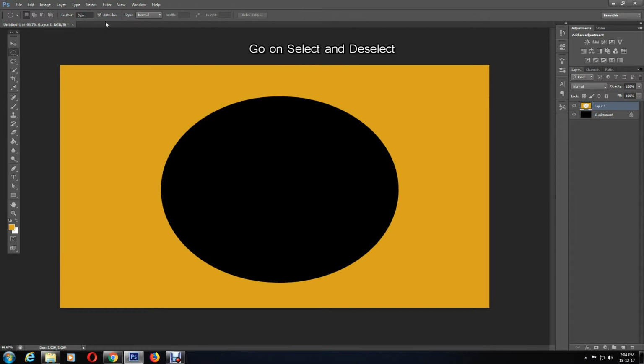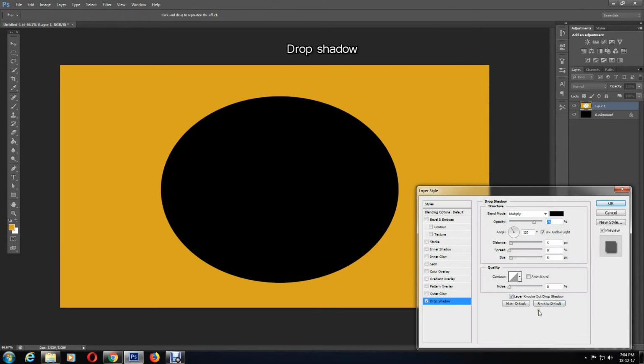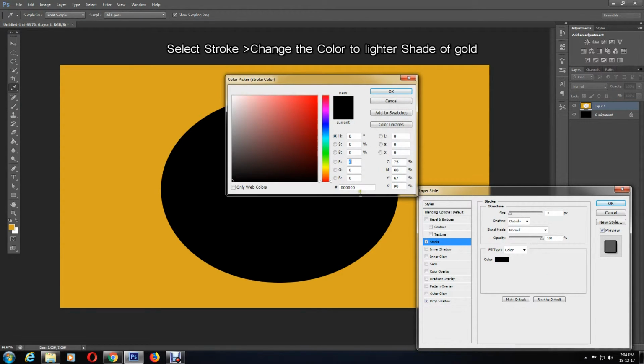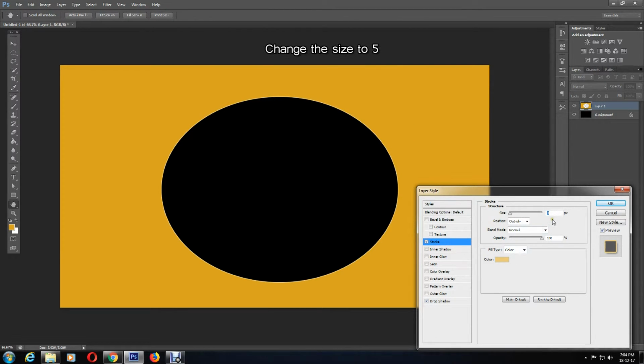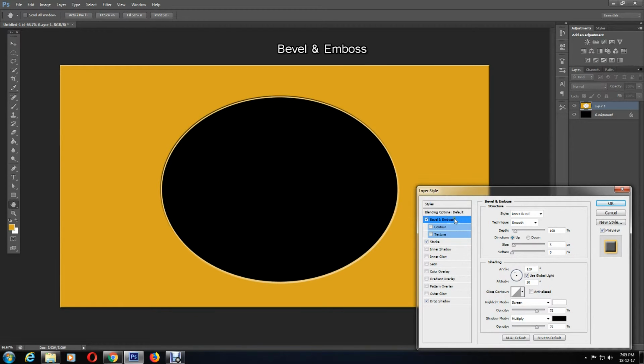Now to add effects to the shape, I'm going to click on the add a layer style icon at the bottom, then Drop Shadow and change the size to 7, leaving everything else the same. I'm going to add Stroke and change the color to a lighter shade of gold. The code to it is EBCB7A. After clicking OK, I'm going to change the size to 5,